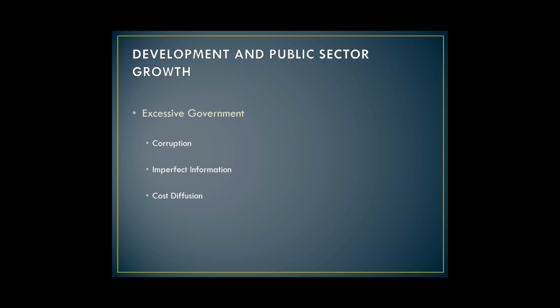Moreover, this unprofessional behavior will lead to corruption, imperfect information, and cost diffusion. Under corruption, the consequences of government officials seeking personal gain can reduce economic growth by discouraging entrepreneurship. Here, predatory regulation involves intentional creation of regulations so that entrepreneurs must pay bribes. The bribery may be likened to allocation via an auction, but it has negative effects throughout the system.